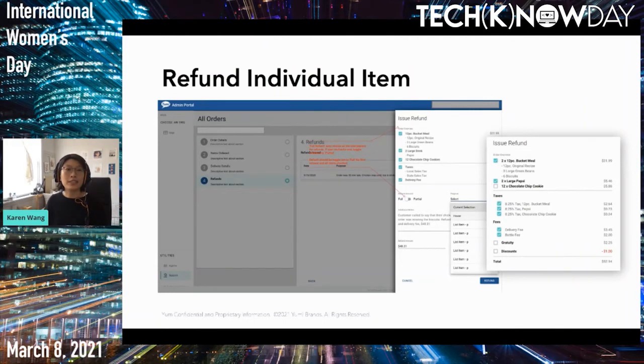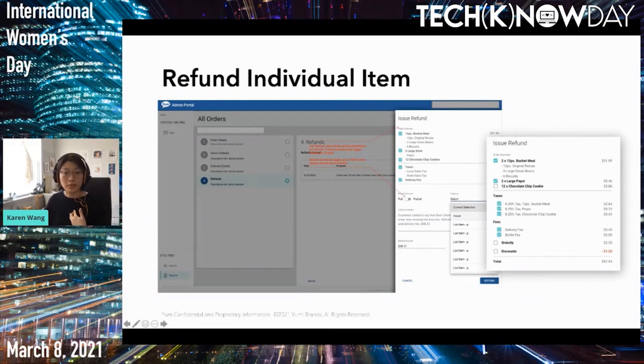I was assigned to this feature to solve a problem we're already having in the software that we're designing. The problem was, how might we allow refund for an individual item for a customer support agent? As you can see on the screenshot of our previous version of the software,